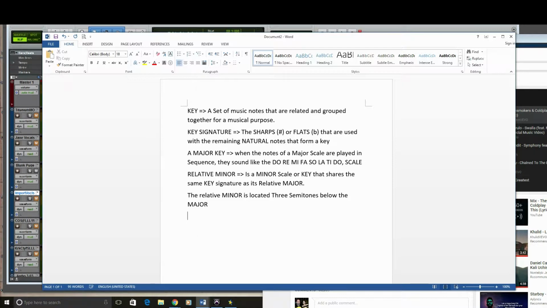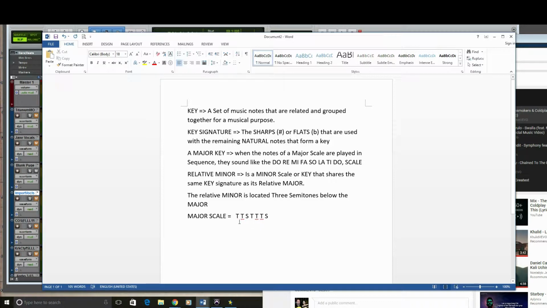The major scale in any key is separated like this: tone, tone, semitone, tone, tone, tone, semitone. You'll find this out pretty quickly if you start studying any theory. This is very important. A tone is the distance between two notes. So if we have seven things, 1, 2, 3, 4, 5, 6, 7, it's actually implying eight